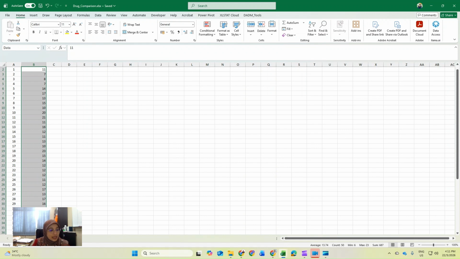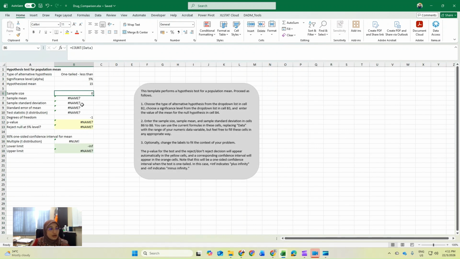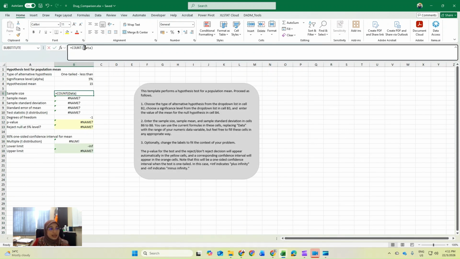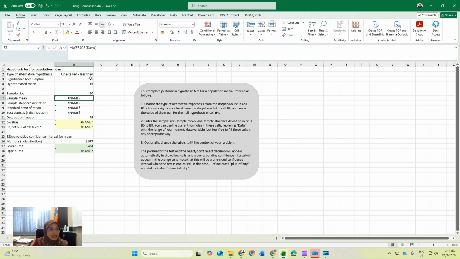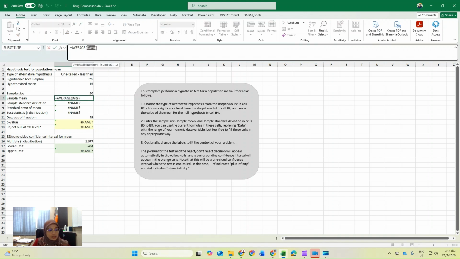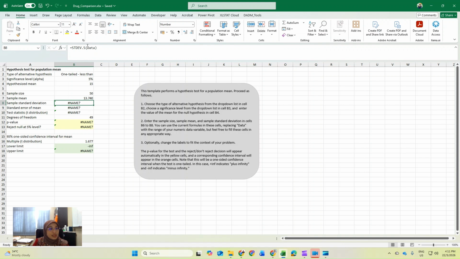After you set the data, if there are still no changes here, you can update in this formula. Right click data and enter. You can see it changes the calculated number. Same as this one, enter data.